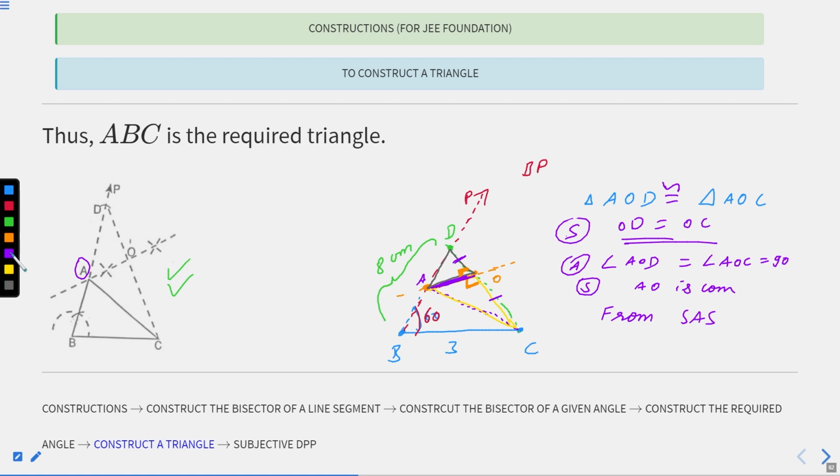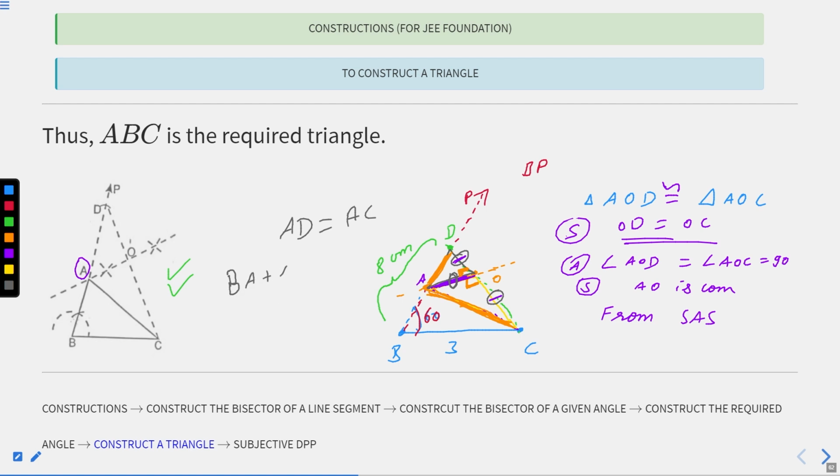So here in this case, this side AD must be equal to this side AC, because corresponding parts of congruent triangles are congruent. We already knew that this side is equal to this side, and this side is common to both triangles, and the remaining side must be equal to the remaining side of the other triangle. So we showed AD is equal to AC, and we know that